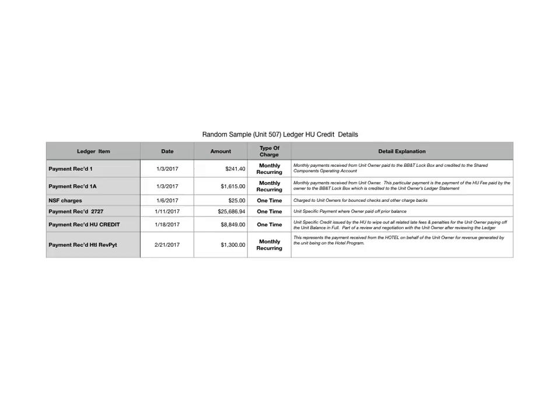Now, on the bottom, and this is unique, those units that are on the hotel program, part of their monthly assessment to the HU owner is paid through the hotel program. And the hotel basically cuts a check, one check for the monthly revenue generated by the hotel program for all of the owners combined. And then the HU or the shared component takes that check and divides it into the statement. So let's say, for example, in the month of February, a check came in for $30,000, but